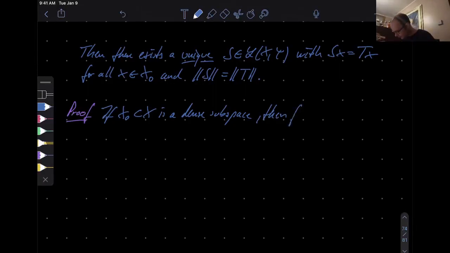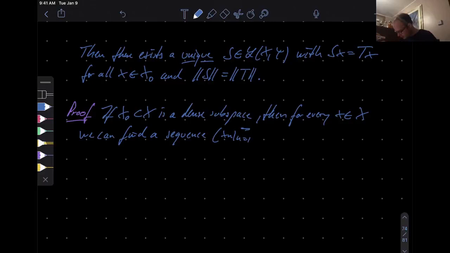Then for every x in X, we can find a sequence x_n in X naught such that x_n goes to x as n tends to infinity. Okay, given that,